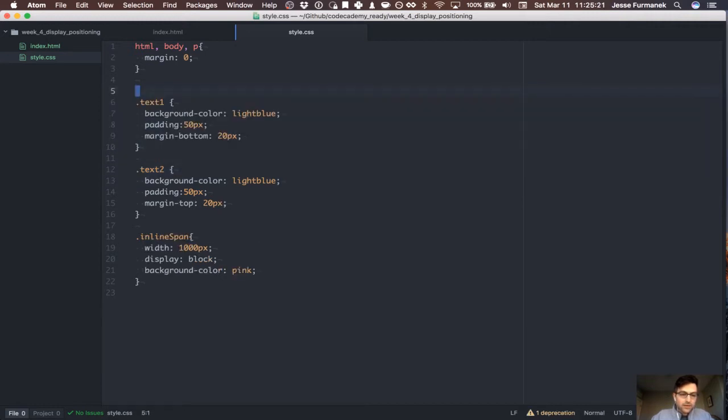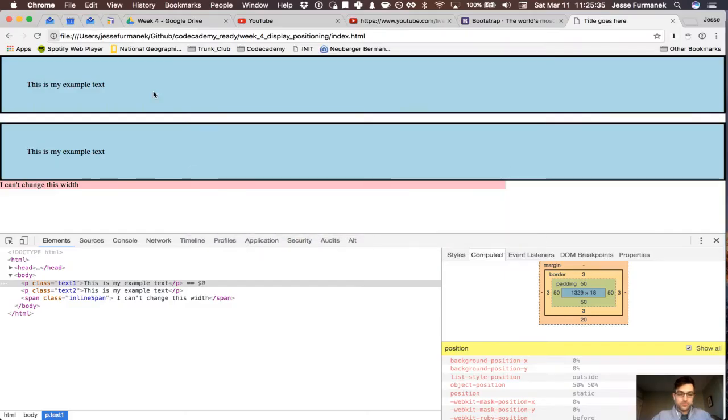We no longer have any of those. And this is now text, and this is now text oddball. I think I spelled that the same. Cool. All right, so we're going to also delete inline span. And so taking a look,